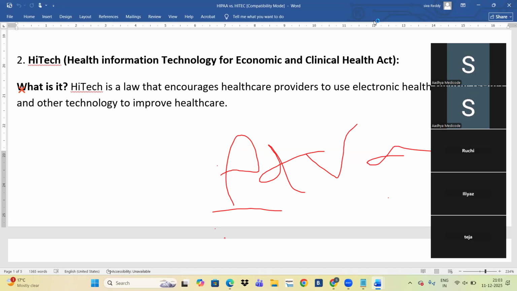So what is the use of the HITECH law? The HITECH law was part of HIPAA, guys. HITECH is also under HIPAA.